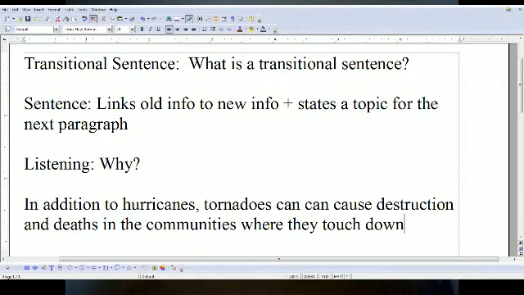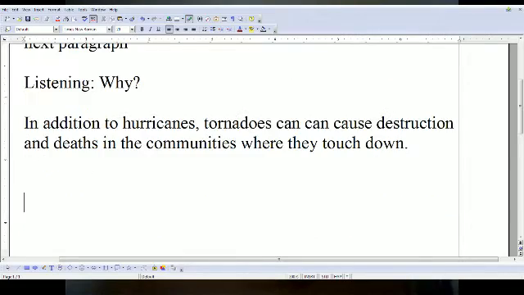Okay, so let's just take a look at this for a minute. I want you to see this. Okay, so let's say you hear this sentence, right? "So in addition to hurricanes, tornadoes can cause destruction and deaths in the communities where they touch down." You hear this sentence, right? Now you may say to yourself, well, who cares? This is not that important, right? But then after this 4 or 5 minute lecture is over, then it'll say,